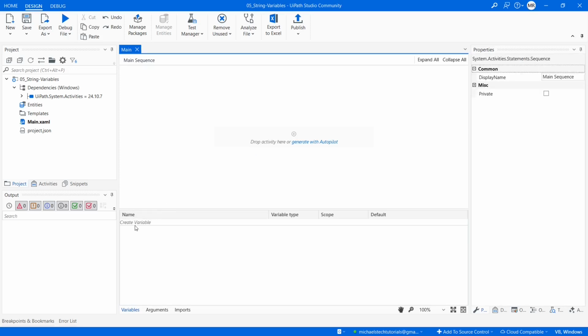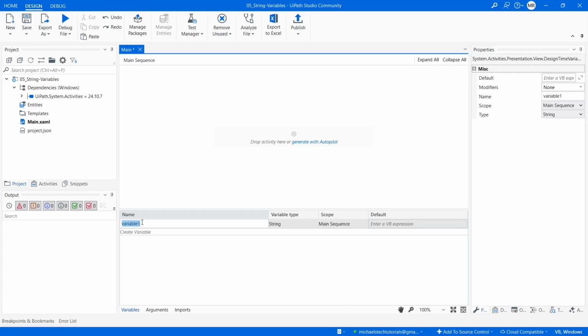We see the cell below name in the variable panel has the value create variable in light gray. I will click on that. That cell changes and UiPath Studio adds in a default variable with the name variable1. The default type is string, the default scope is main sequence, and then under default, it says enter a VB